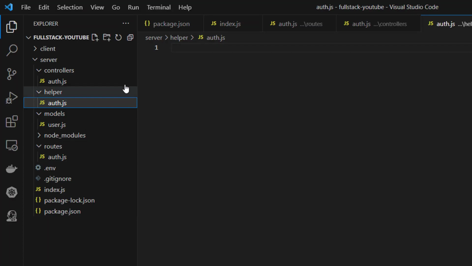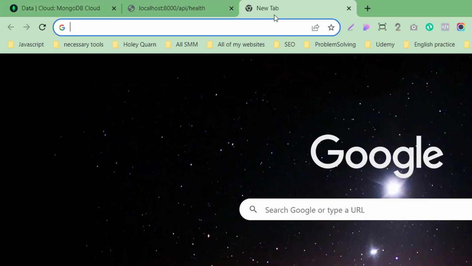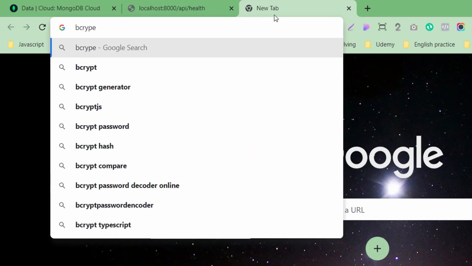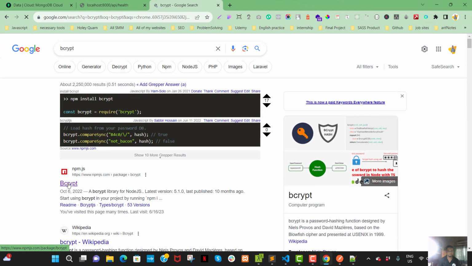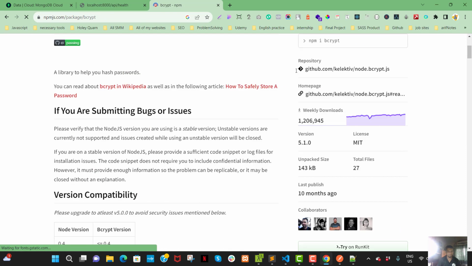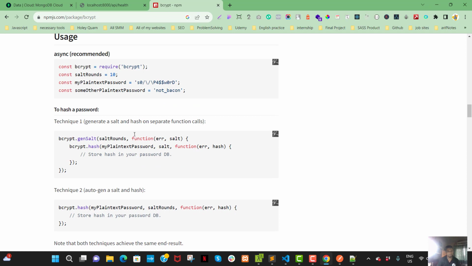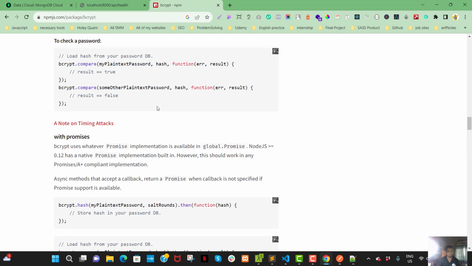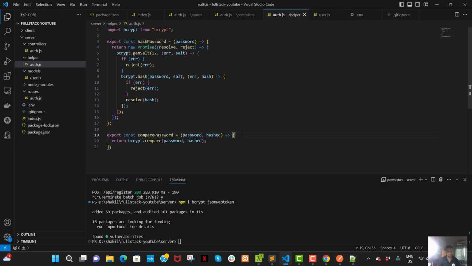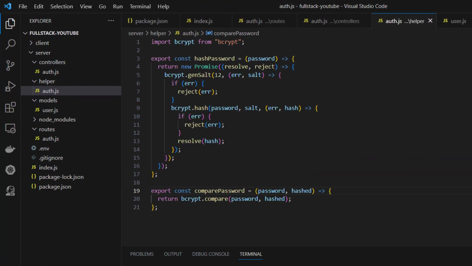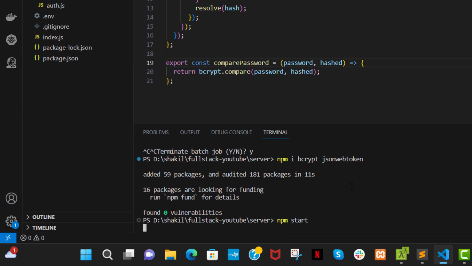You will get it from the official website of bcrypt, bcrypt.js. If you read the documentation, you will get every detail on how to hash your password. So read the documentation, as I have created it already. Now we need to write the logic